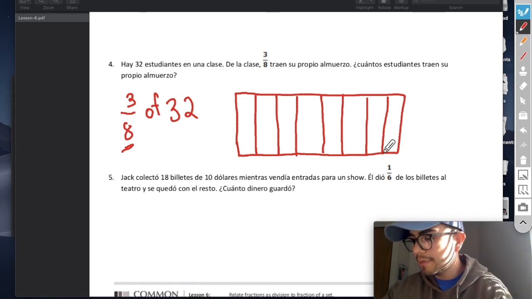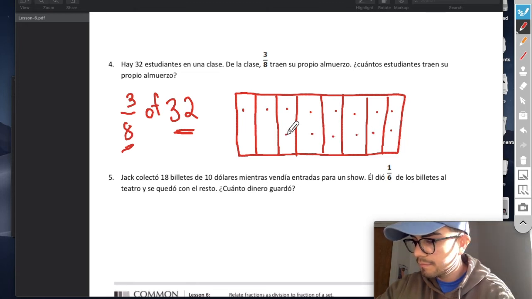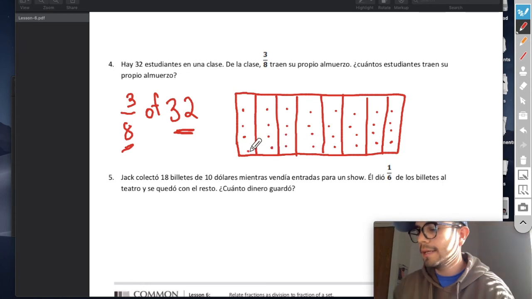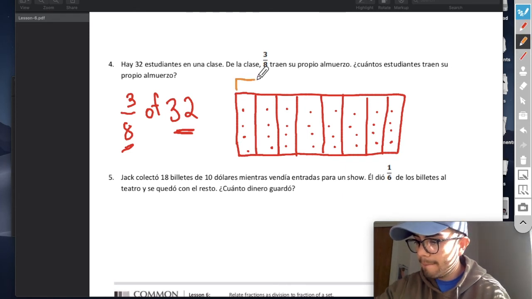And inside of here, I'm going to have a total of 32. And done. Now I want to know, how much would 3